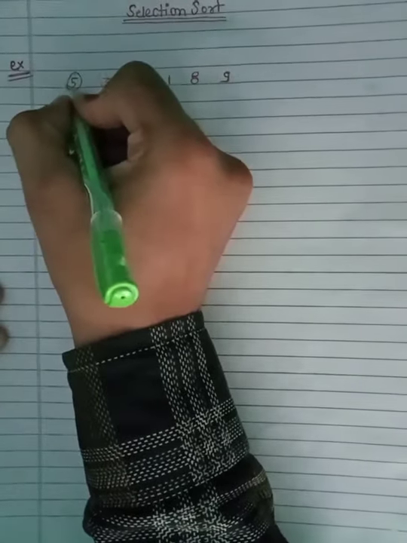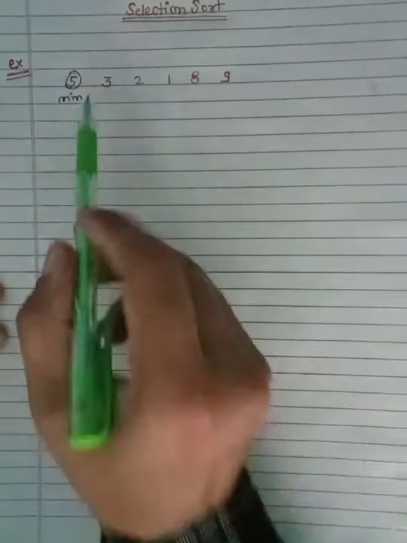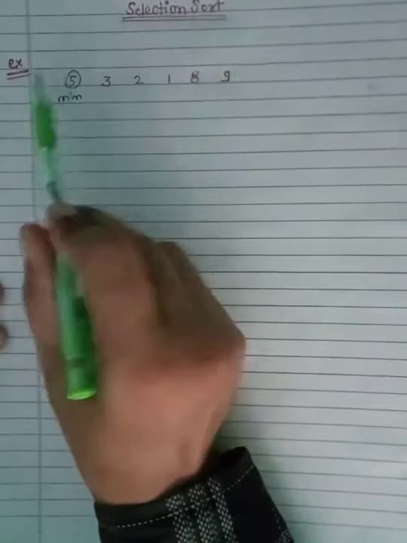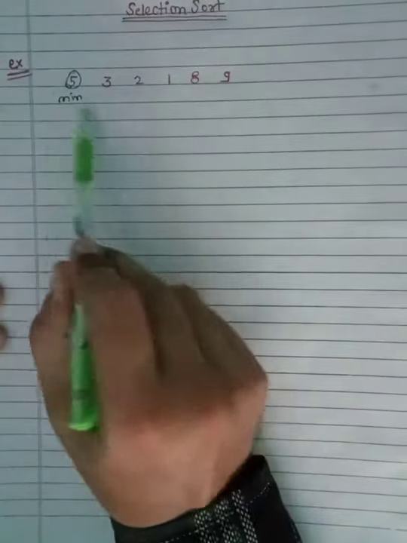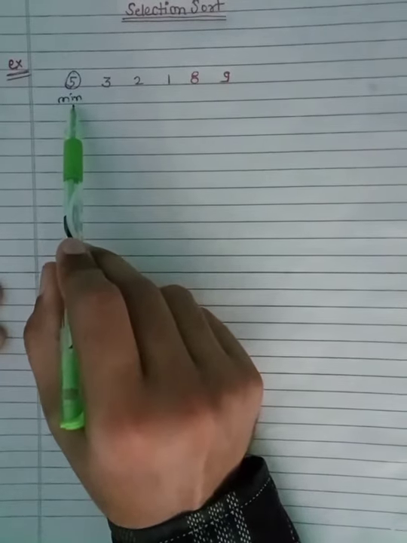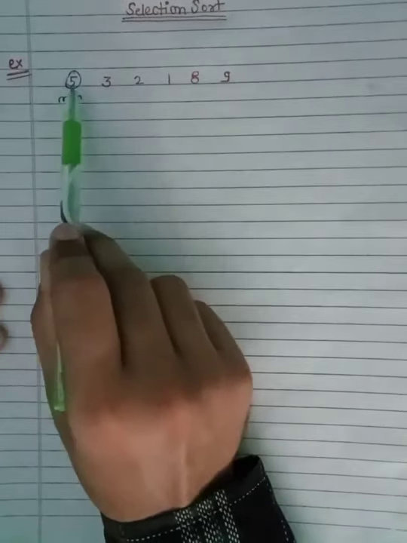While using the selection sort algorithm, let's say our first element is the minimum. Let's store our first value in the variable minimum, and now we'll perform a linear search on all the elements to find the minimum from this array, and after finding the minimum value, we'll shift it to its leftmost position.